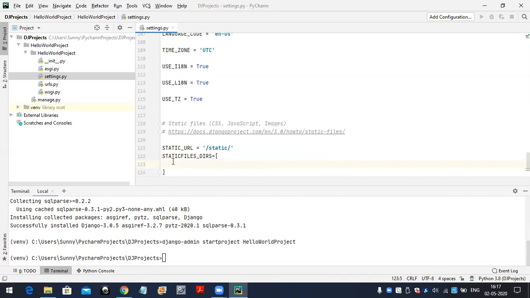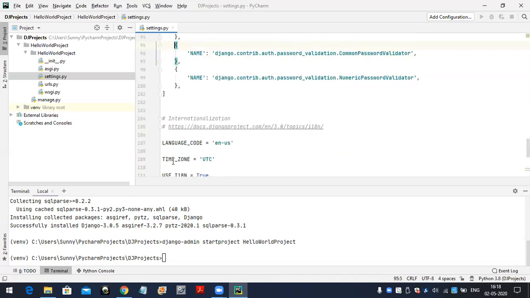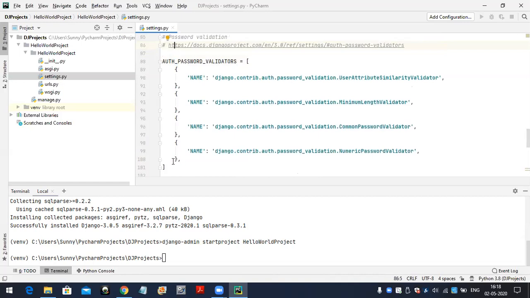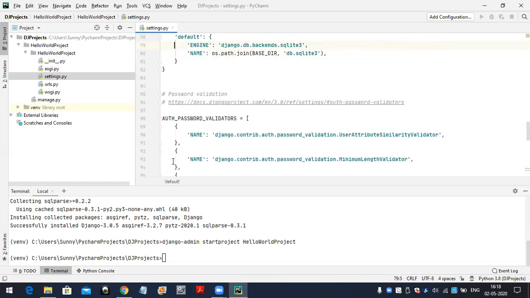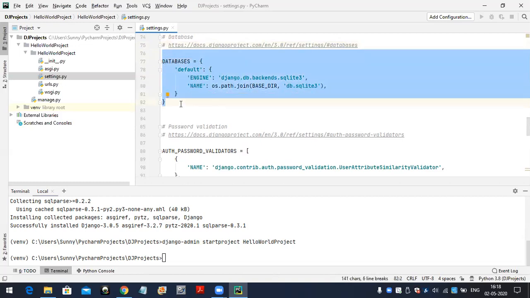Next, one more thing we have to configure inside settings.py file is the database. Django provides one inbuilt database, which is the SQLite3 database. If you want to work with that SQLite3 database, we need not do any configurations inside settings.py file. Along with the Django software, you get the SQLite3 configuration by default.